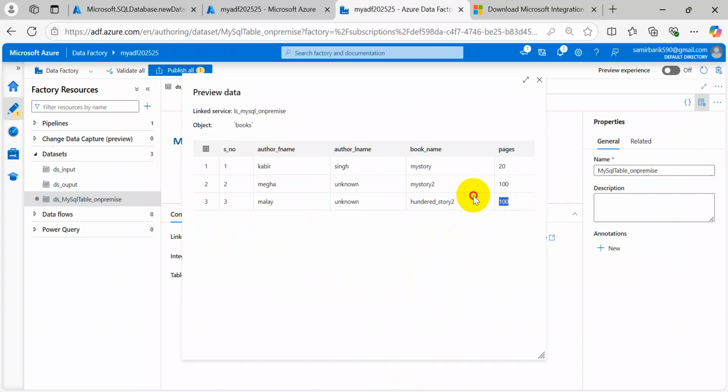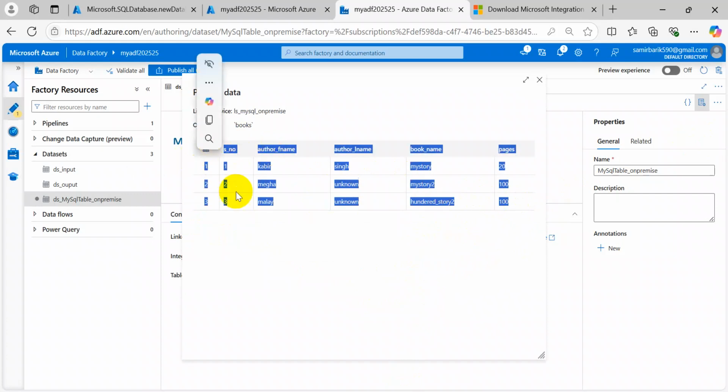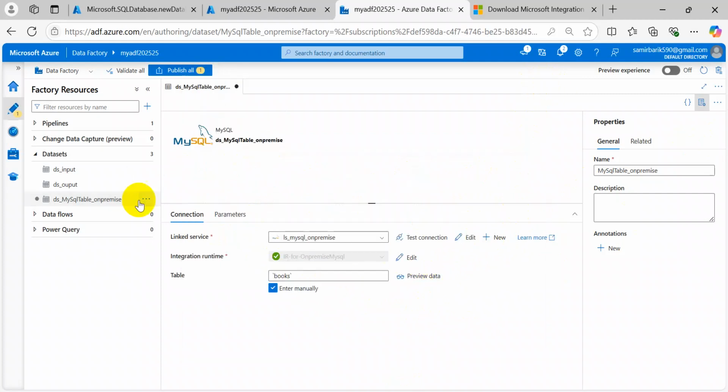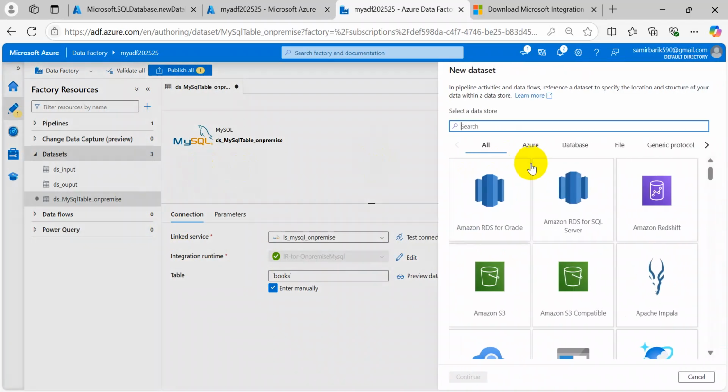Yeah, you can see you are able to read the data from the MySQL table, which is inside the on-premise DB. That is, you are able to connect. So now we can create another dataset for our Azure SQL. So let me click on new dataset,